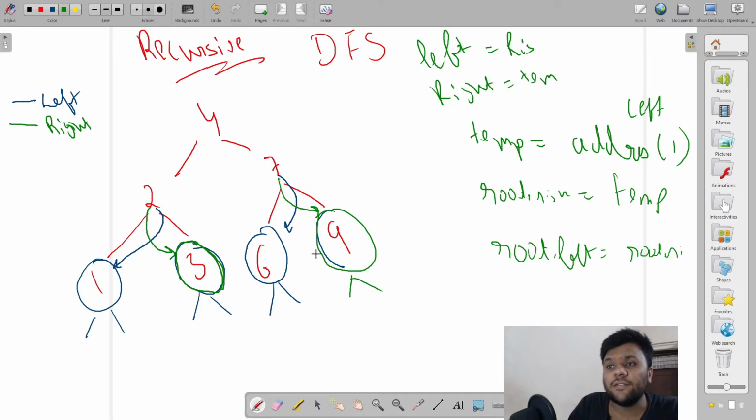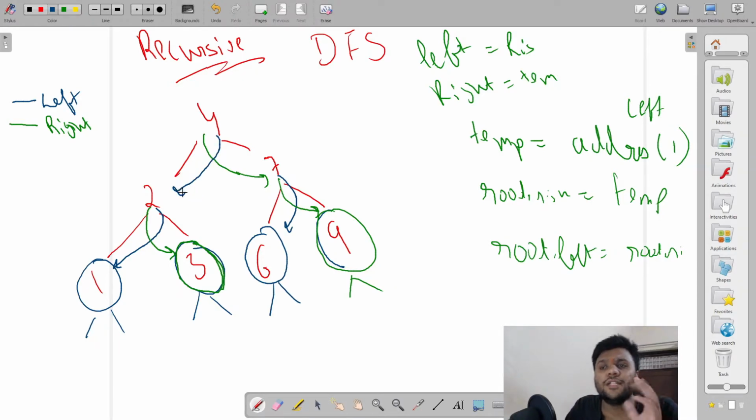So after reversing, what will happen? Let me just finish this complete one. Okay, so after doing this, I will go on my root node. I'm on my root node now. So what will happen over here? These are my remaining ones. Root's left will point on the right, and this right will point on the left. Okay guys, similarly that's how we are doing it.